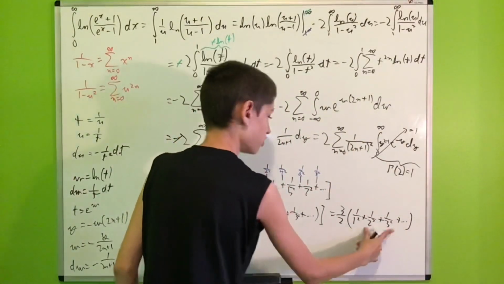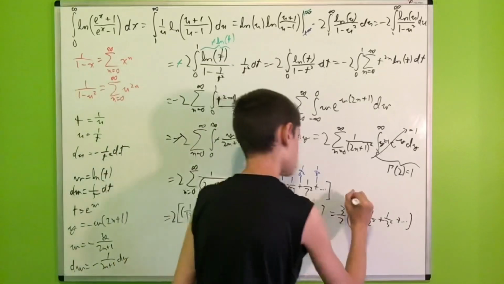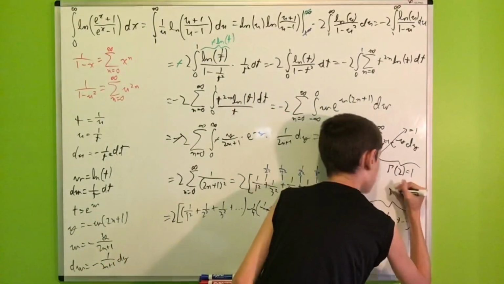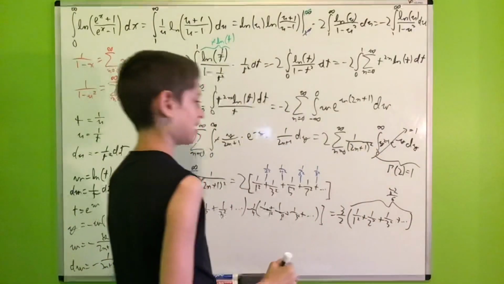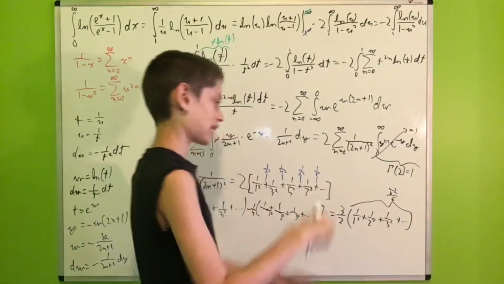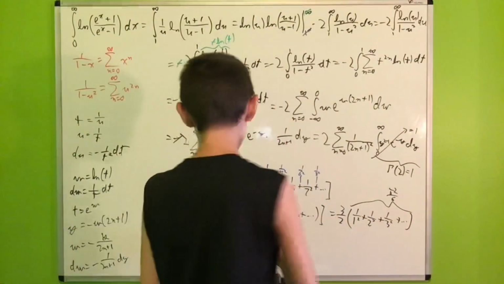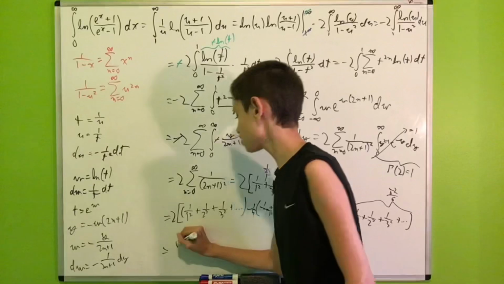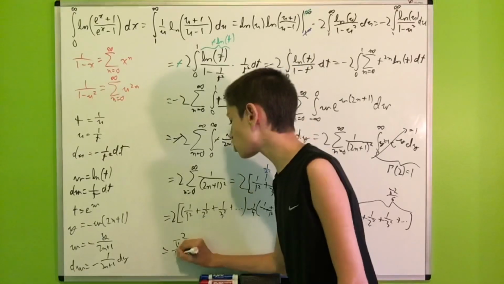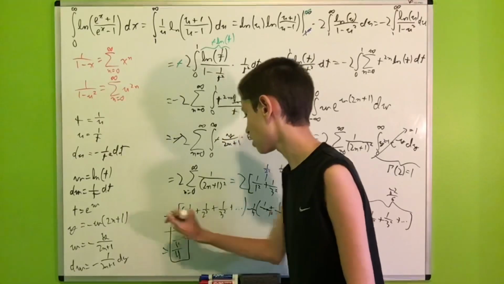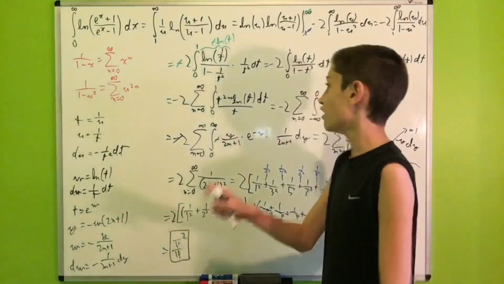But we know this sum right here is just equal to pi squared over 6. And then 3 over 6 is 1/2. 1/2 times 1/2 is 1/4. So we get an answer of pi squared over 4. Finally,